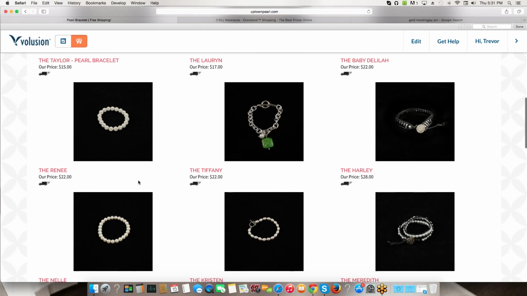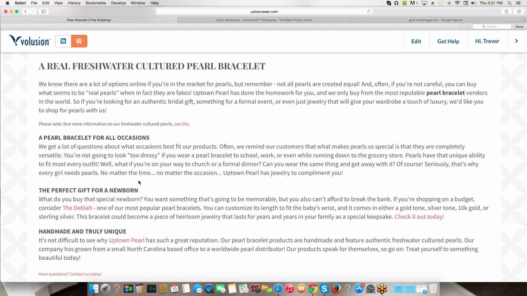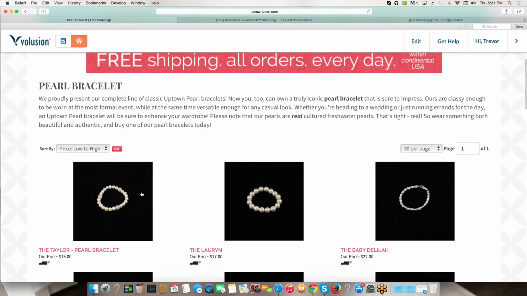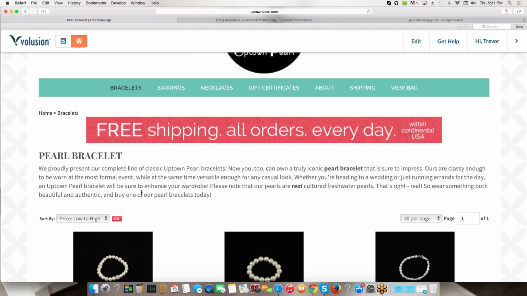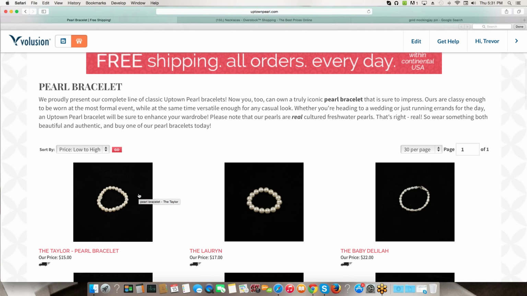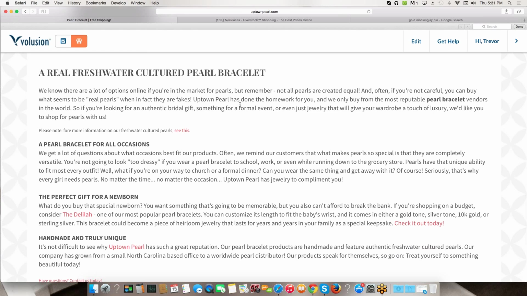And then as you scroll down to the bottom of the screen, we have a lot more content listed here. Now, the reason why we don't just have a giant paragraph at the top is if we did that, it would push the products clear down the page and potentially hurt our conversion rate. Because when I get somebody here, I want them to actually see my product, right? That's essentially what I'm trying to get them to do, is click on one of these products. So I give a little bit of information at the top, but not too much, because I want these products to still show up. And then I really unload on a lot more additional content right down here in this